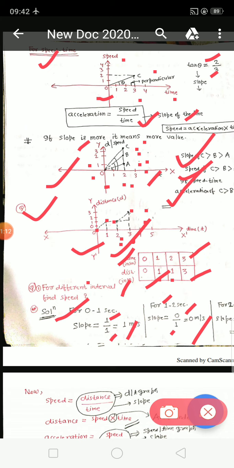So till now I have told you what speed is, how you calculate speed in a distance time graph, and how you calculate acceleration in speed time graphs. Simply, the slope. Whenever there is a division term, speed by time or distance by time, what we are doing is calculating the slopes, and from the slopes you get the different parts. So now we will move on to our further lectures.